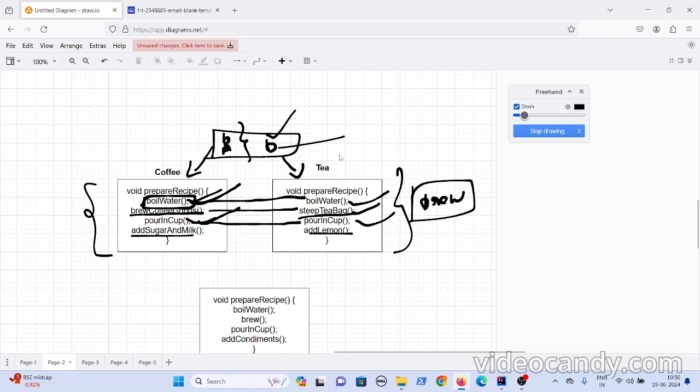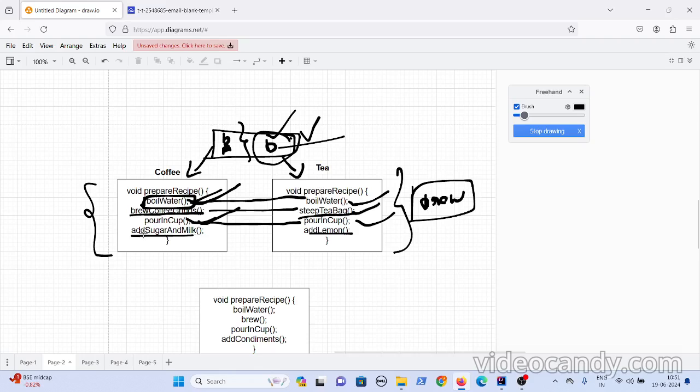So those are different. But brewing is there, but the items used for brewing are different. So let us declare an abstract method here, brew, and then let these child classes add their implementation, okay. That you can do.